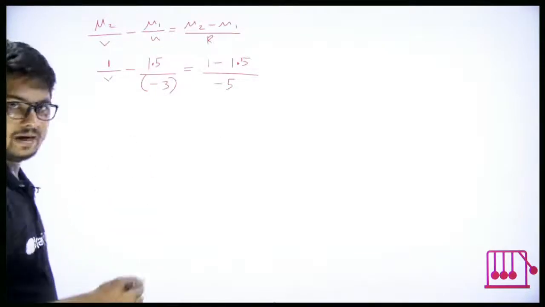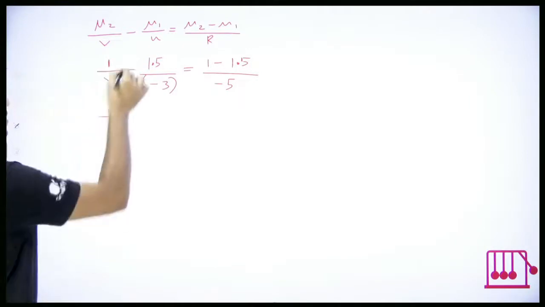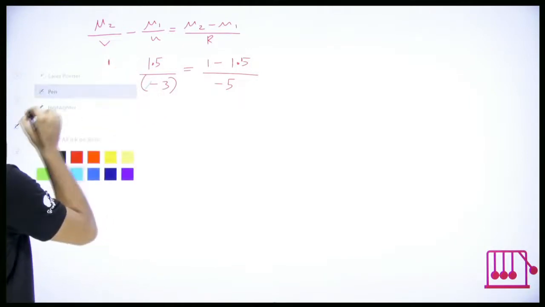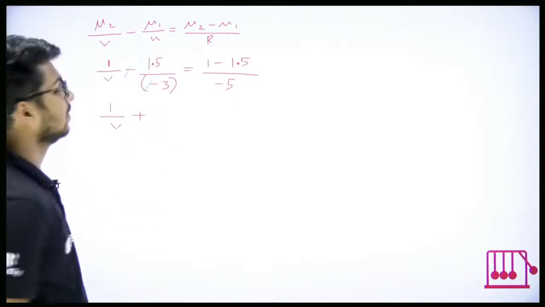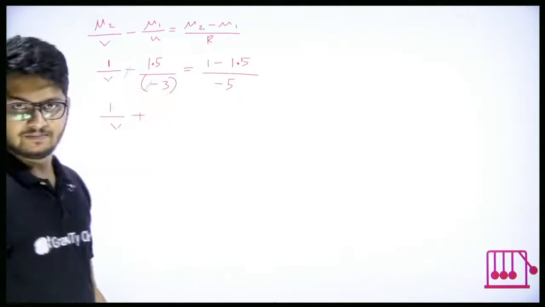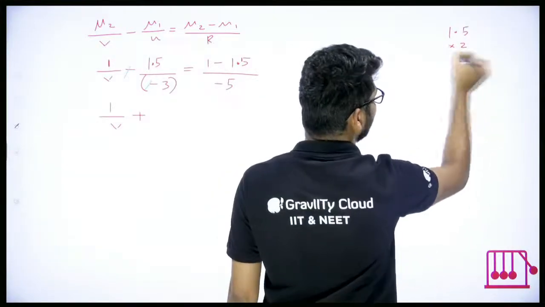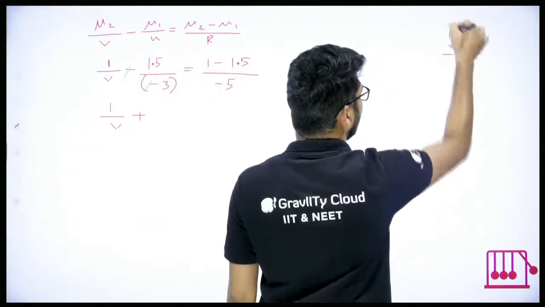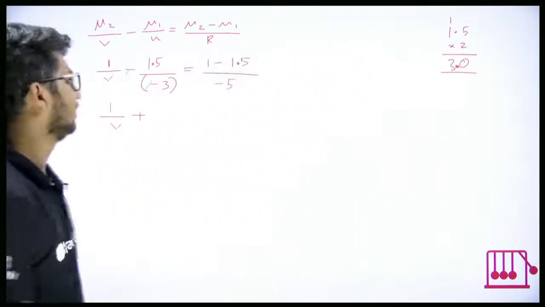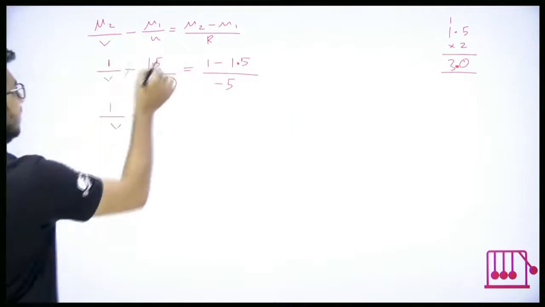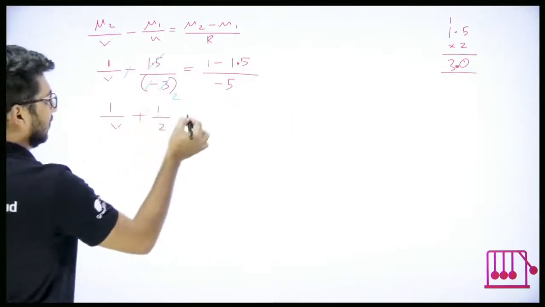Then it's just the solving part. Let us solve it. 1 by v. Then look at this. Minus divided by minus is plus. 1 by v plus 1.5 by 3. How much is that? 1.5 into 2 is 3.0. Not 30, 3.0. That is 3. Yes, so I can say 1.5 by 3 is 1 by 2. So it will be plus 1 by 2